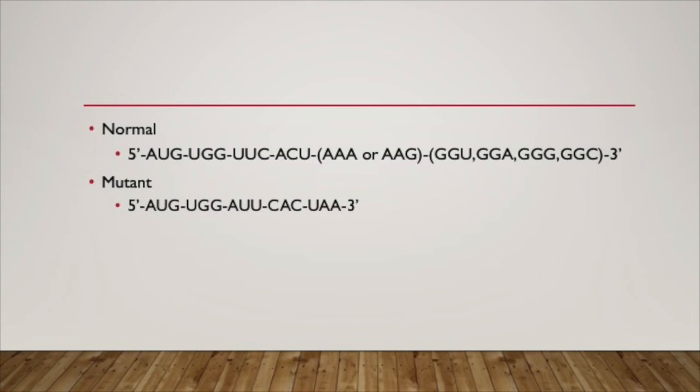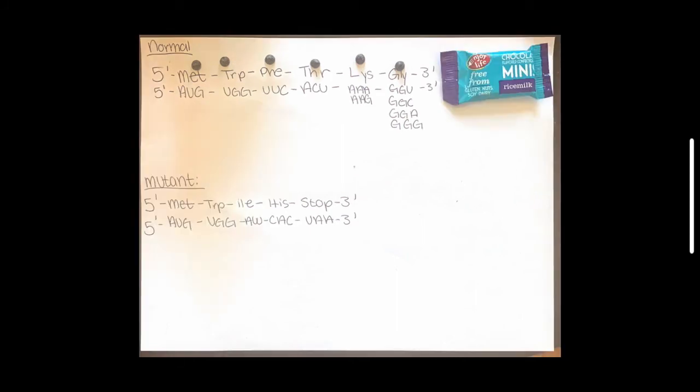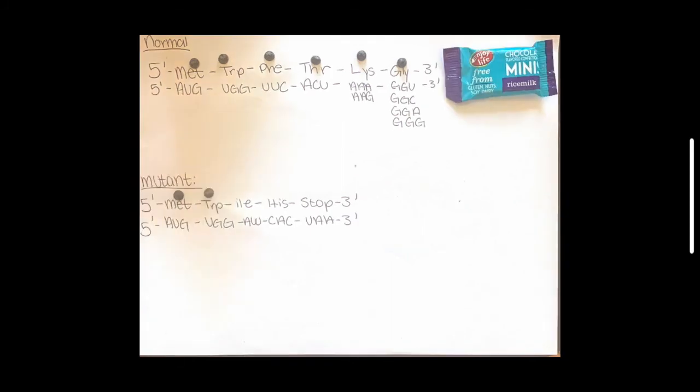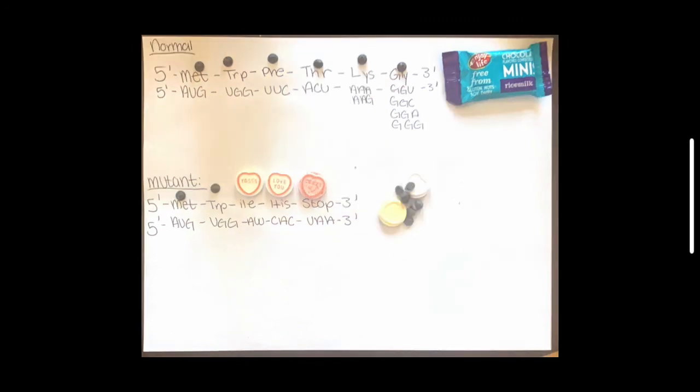And here's a sweet explanation. Here is our normal and mutant sequences. When amino acids are put together, they form proteins. So when you put these chocolate chips together, they form the chocolate bar. Only two amino acids in the mutant strand can form chocolate. Our different amino acids form sweethearts. And when put together, it's not a chocolate bar, it's just a mix of chocolate and sweethearts.